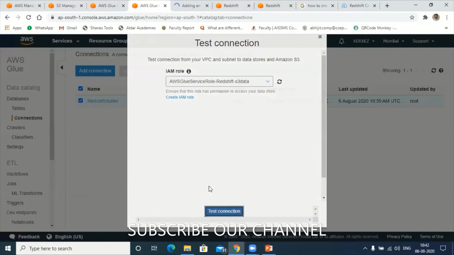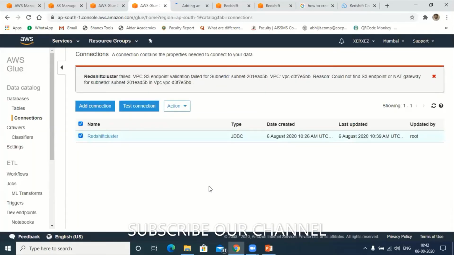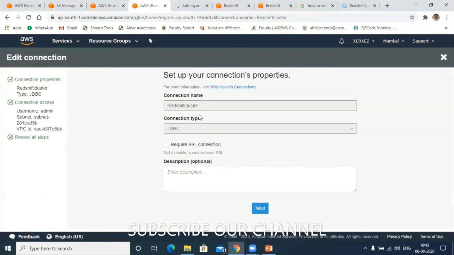Test connection. Now here we are finding that we have committed some mistake. Let's go to edit connection. That's the reason I was not able to get the database over there in the job portion.